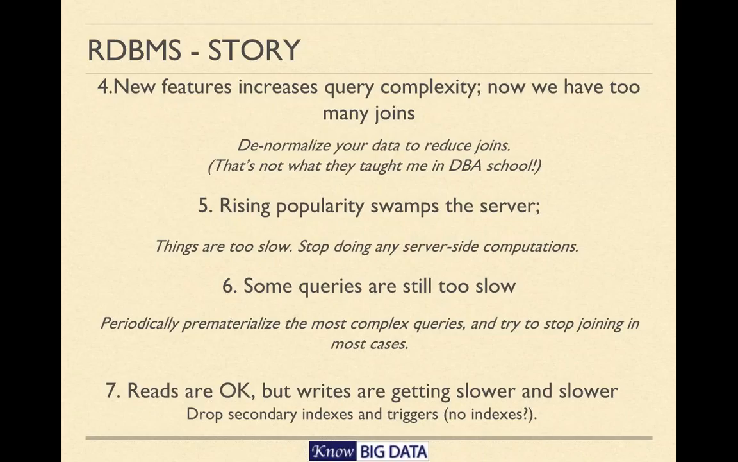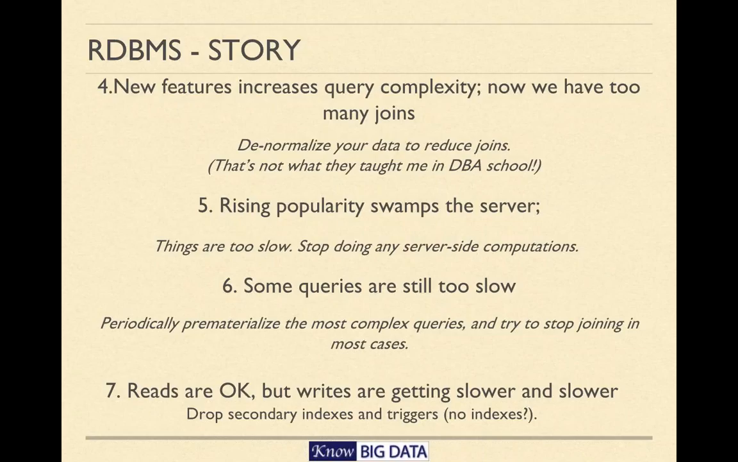All right. Next, you realize that some queries are still too slow, so you periodically pre-materialize them. What does it mean? Let's take a case of Amazon. There are some products, say the top 200 products. We know that people will be seeing these again and again, very frequently. So what we do is